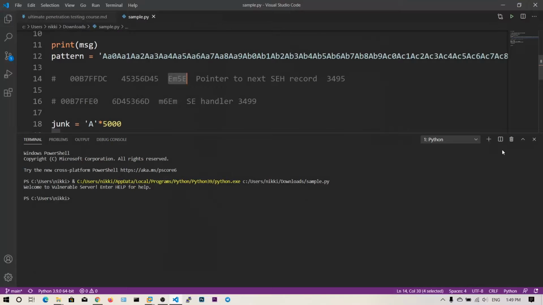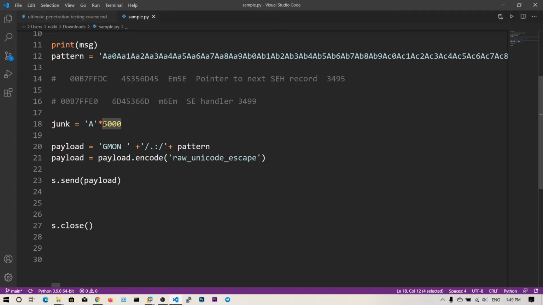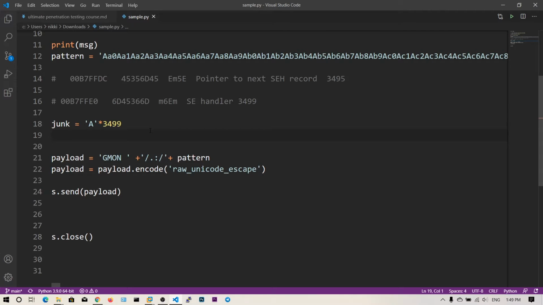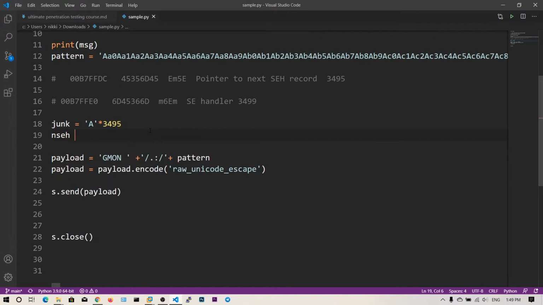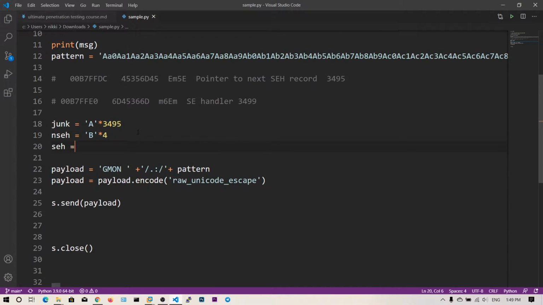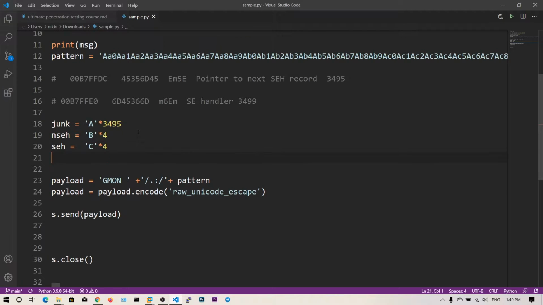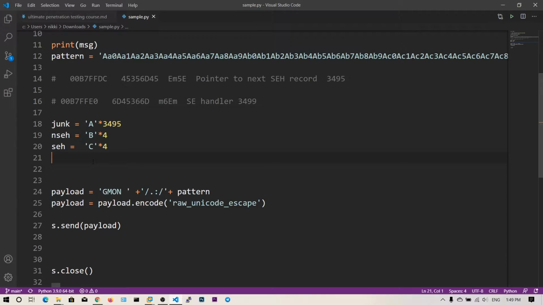Let me write the junk as 3495, and then the next SEH. I say NSEH, which stands for next SEH, as 4 Bs, because it is 4 bytes on a 32-bit operating system, and SEH is equal to 4 Cs.